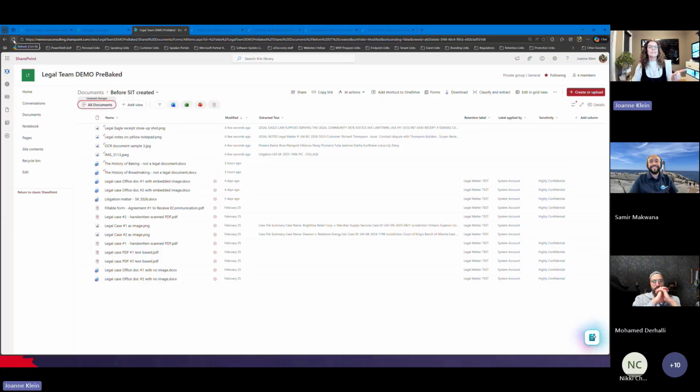Pretty fast. Now, you'll notice the DLP icon isn't showing yet. I mean, it will show fairly quickly. We'll just hang on here. The retention label won't show for likely days. Sensitivity label will probably show fairly quickly as well. Let's just sit here for a minute. Not too long, but